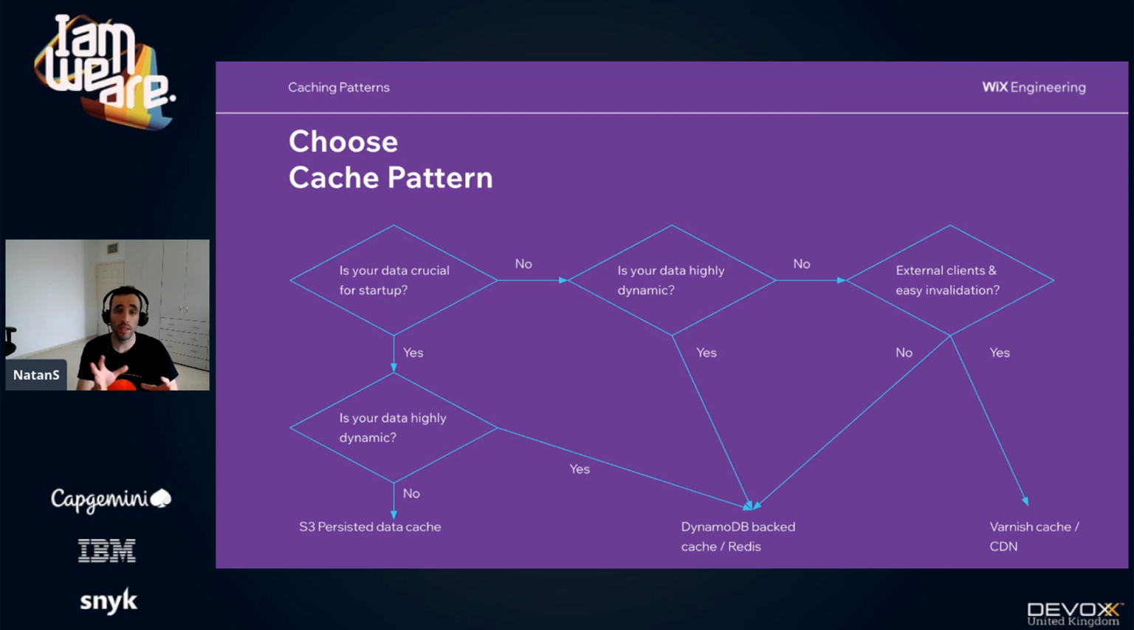But there are differences between Redis and DynamoDB. I can't talk about it in the scope of this talk, unfortunately. And of course, if you have external clients, so we're not talking about specific database access optimization, we're talking about external clients to your system that you want to cache the responses for, and it's relatively easy to invalidate the responses,